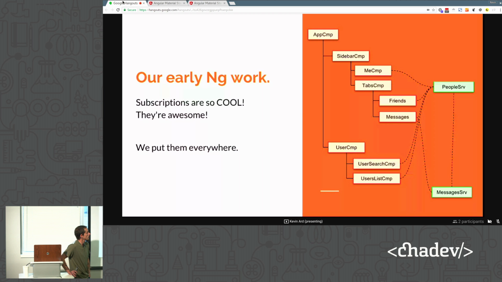So we have a parent component, we have a sidebar component, we have a user component, and we have two services, people and messages. But there's, I think last I counted, 7 connections between the services. So that's 7 places that you have to be conscious of how you're dealing with your data updates. You have to double check every time you want to push to production. It's fragile. There's a lot of room for things to go wrong,